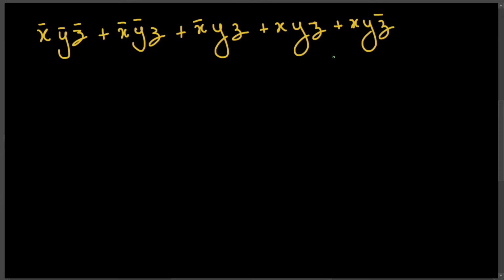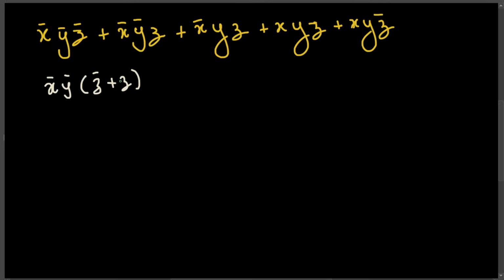By this given expression, let's see what we can take common first. So first, for the first two, we can take x bar y bar common. If we do that, this is going to be z prime or z bar plus z, and z bar plus